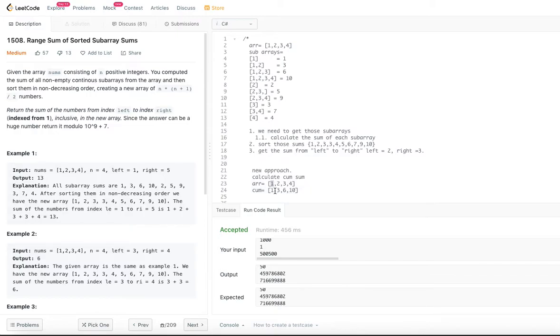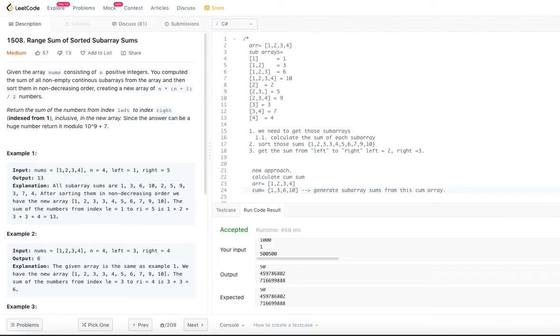So for the number 1, we just put 1, and at this location we take the sum of these two numbers: 1 plus 2 is 3. At this location 1 plus 2 plus 3 is 6. At this location 1 plus 2 plus 3 plus 4 is 10. So now we generate subarray sums from this cumulative array.